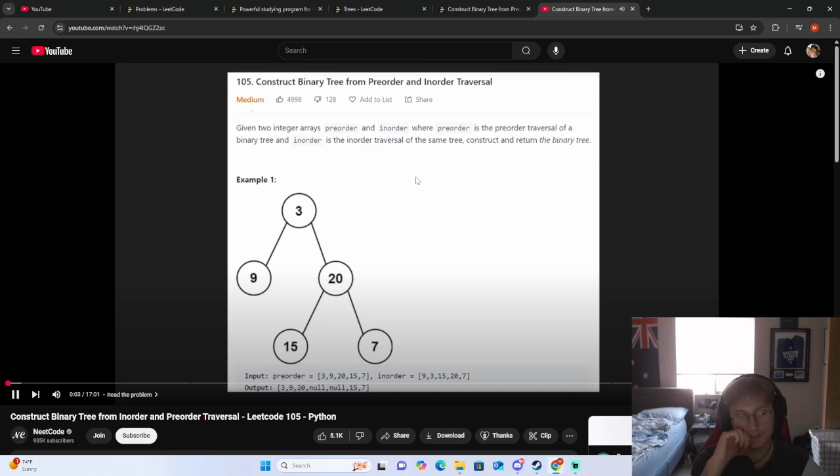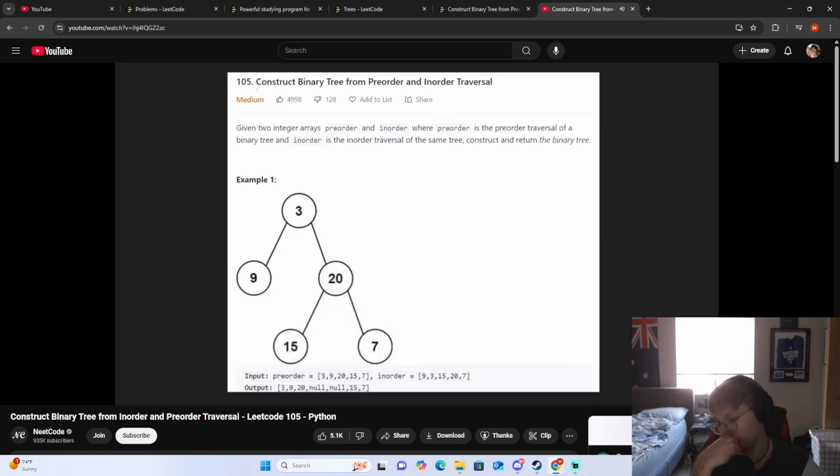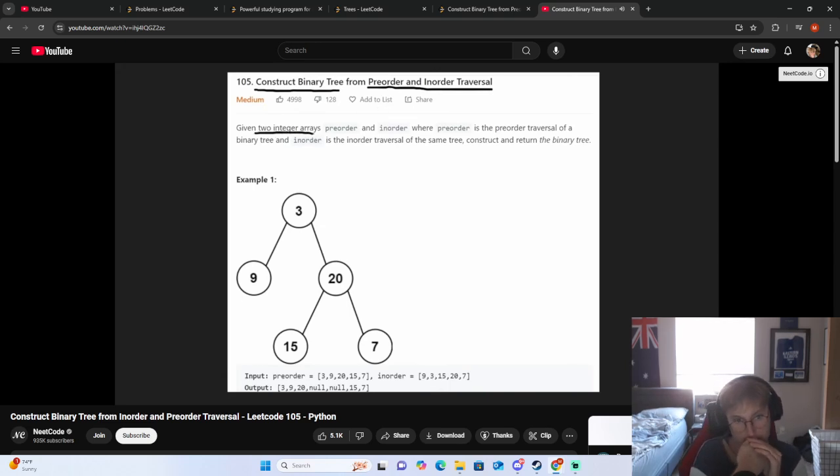Take a look. Code today. So today let's solve a pretty fun problem. Construct a binary tree from a pre-order and in-order traversal. So we're actually given two integer arrays representing 1, the pre-order traversal, and 2, the in-order traversal of a binary